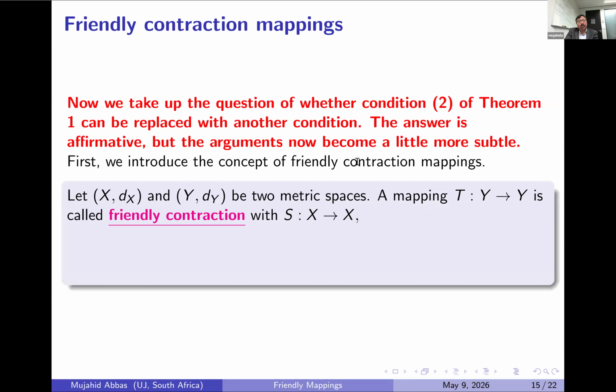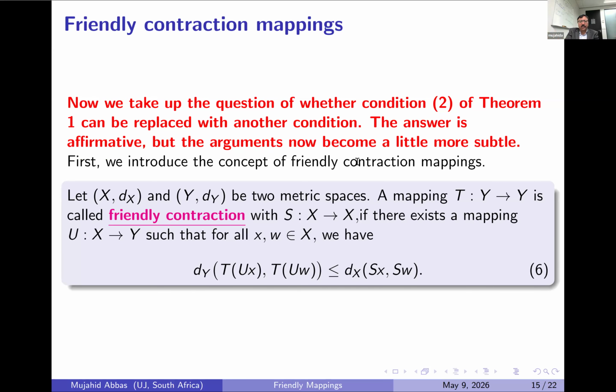Now, when we talk about the friendly contraction mapping, we don't have anymore the facility of talking about a set without any structure. Definitely, we need some structure, and that structure is very simple. We have a metric space which induces a host of topology. A mapping T is a friendly contraction if these conditions hold.